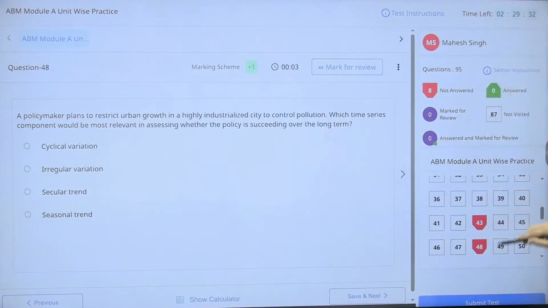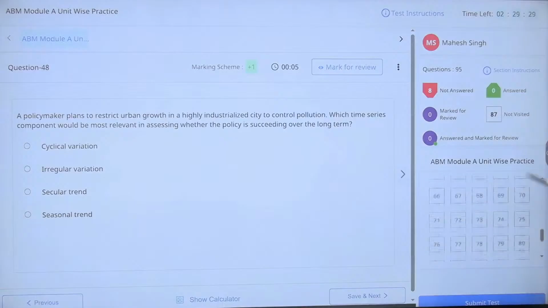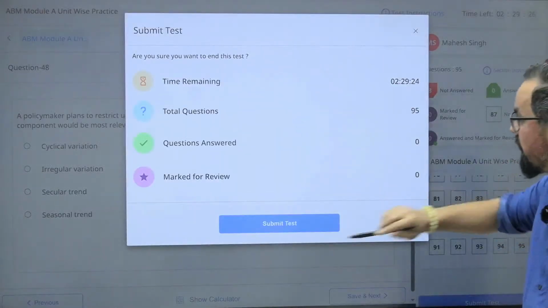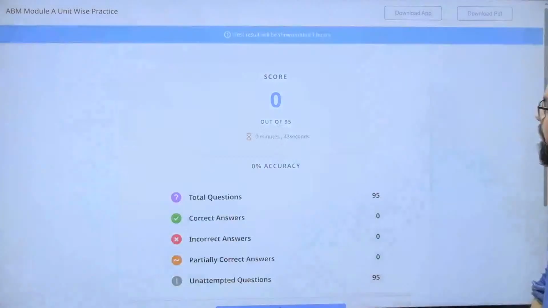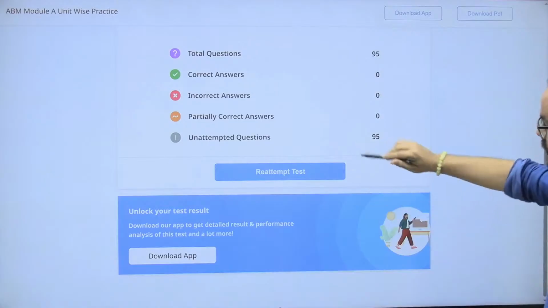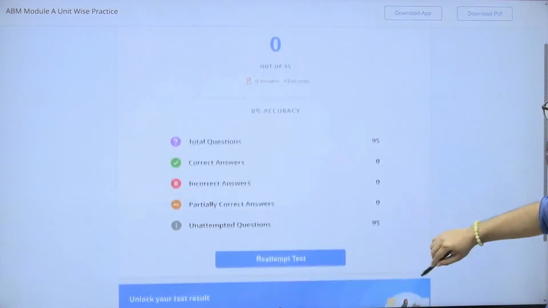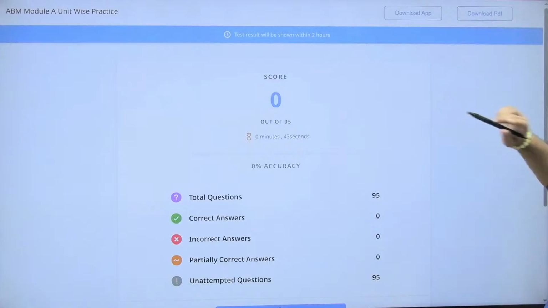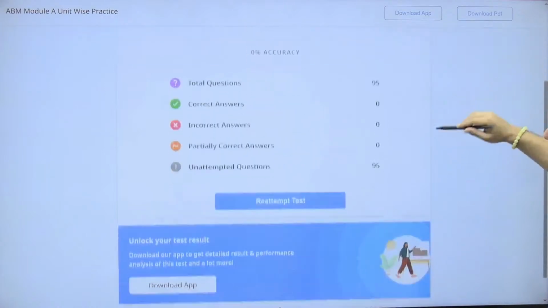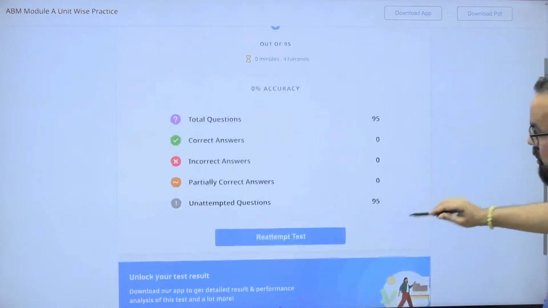You'll have a timer, and once you submit, you'll get the report also. Then you can reattempt, or see the other areas, download the PDF or download the app. So you can reattempt also.